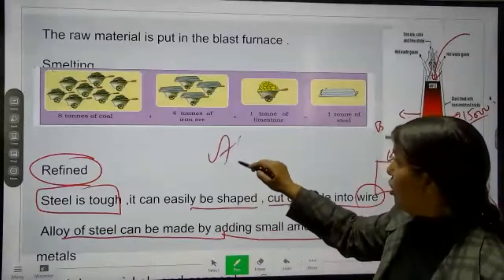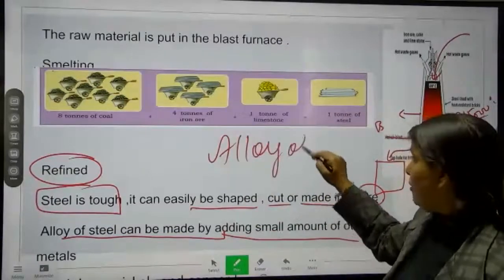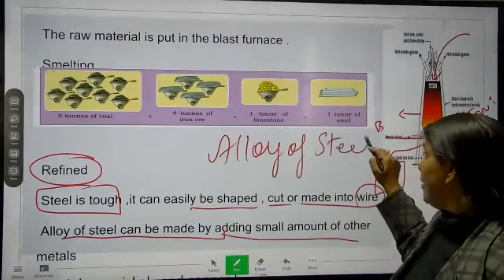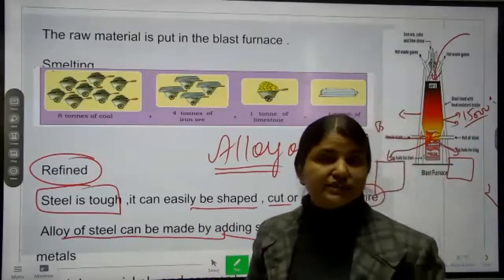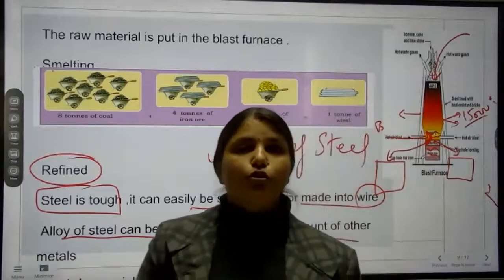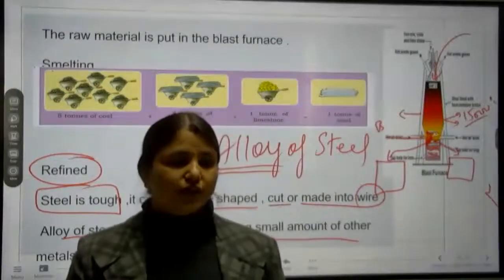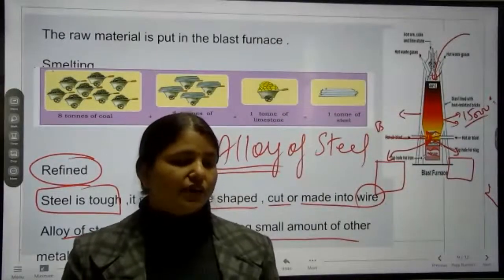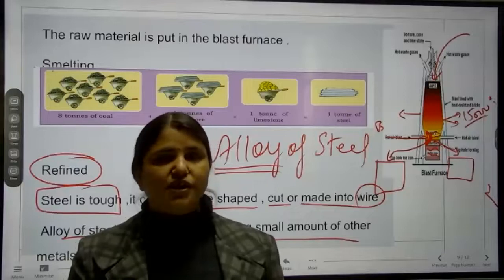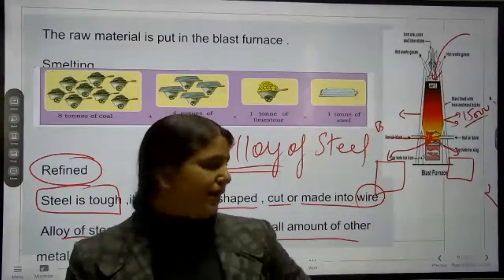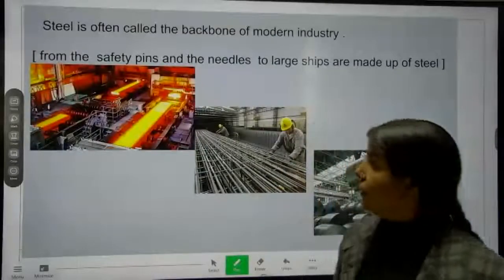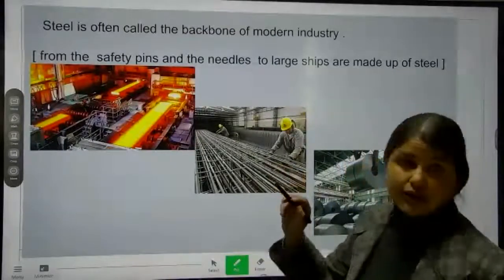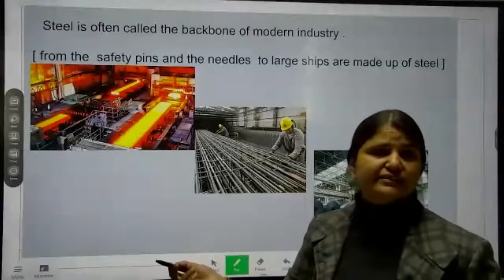Matlab, alloy of steel they are making. And what do you mean by this alloy? Alloy means the metal which is made up by the mix up of two metals. Okay. What is alloy? Alloy is the type of metal which is made up by the mix up of two metals. And except that here it is giving ki steel, or we can say iron and steel industry,